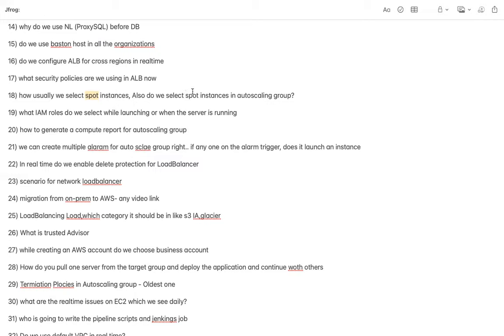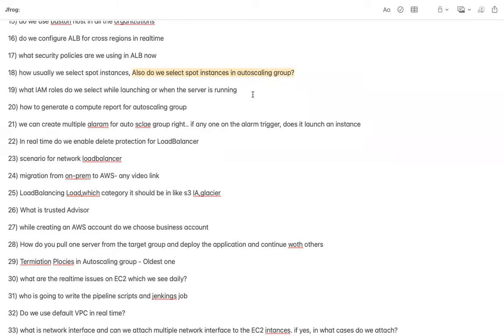But yes, if you are using the servers in an auto scaling group, let us say you are using 3 servers in that, you can have 2 spot and 1 on-demand instance. So at any given point in time, your users might feel a little slowness, but the infrastructure will definitely not go down. Slowness will be there. So spot instances are supposed to be used in a combination of on-demand and spot inside auto scaling. Okay.